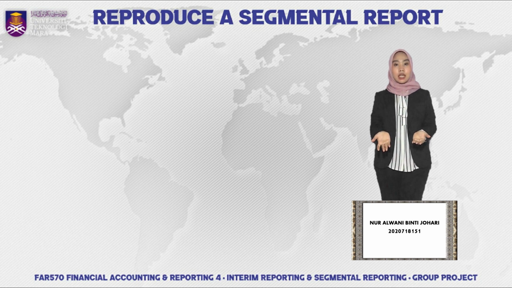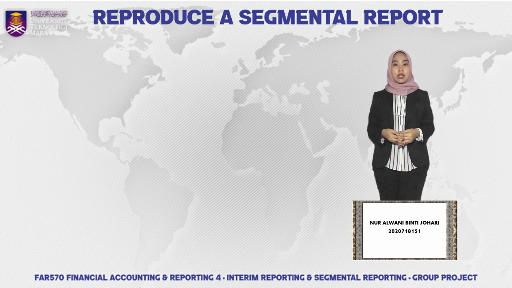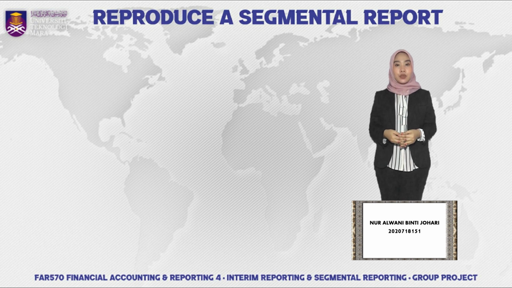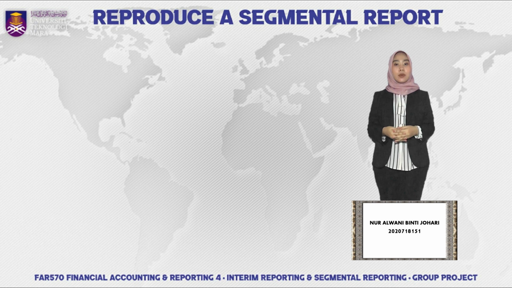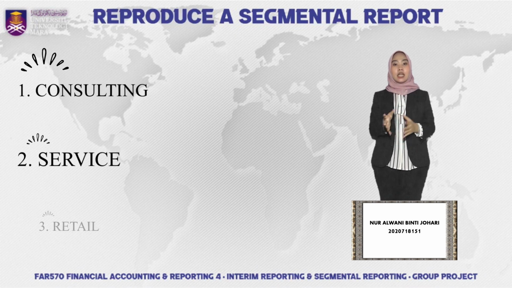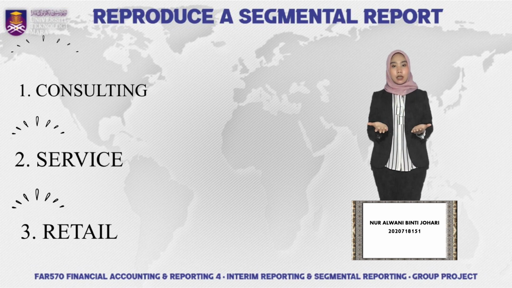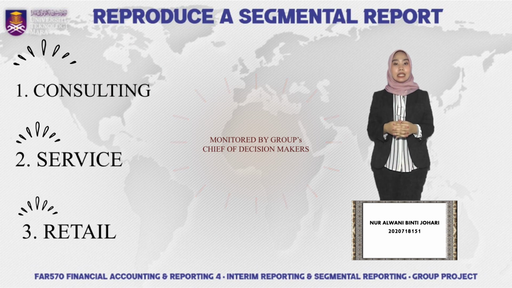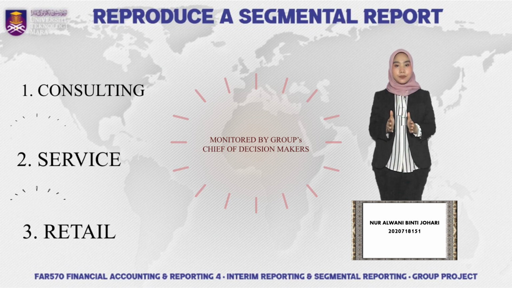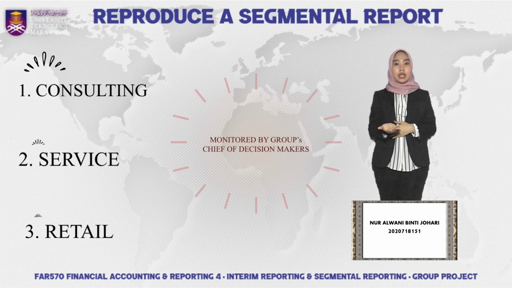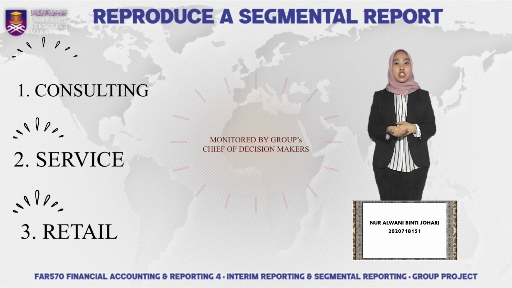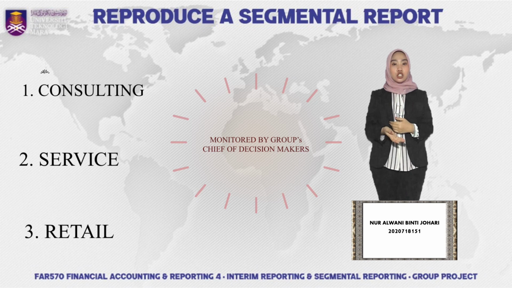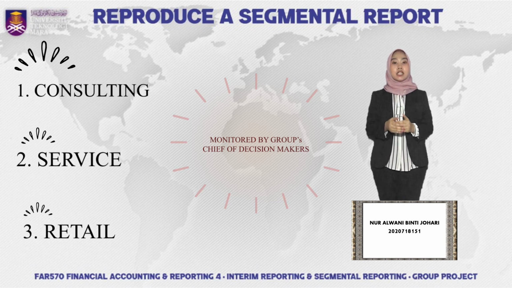As a new account executive of the Illustrative Corporation Limited, we are required to reproduce a new segmental report. The group has three operating segments, which are consulting, service, and retail. In identifying these operating segments, management generally follows the group service lines representing its main products and services. These operating segments are monitored by the Group Chief Operating Decision Maker (CODM), and strategic decisions are made based on